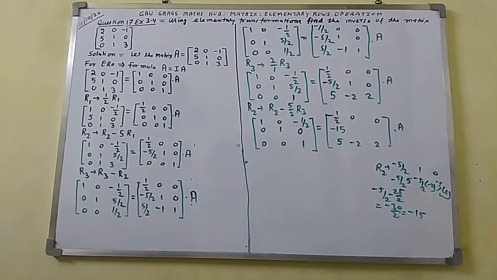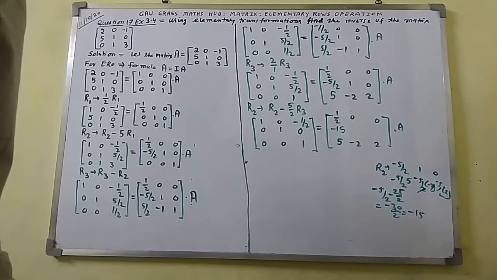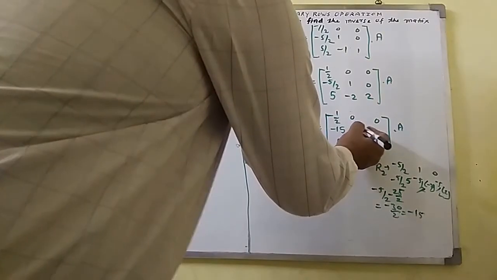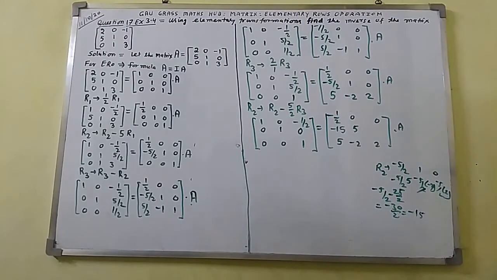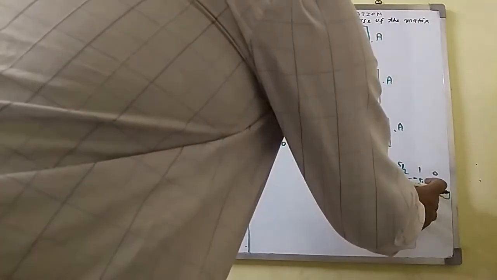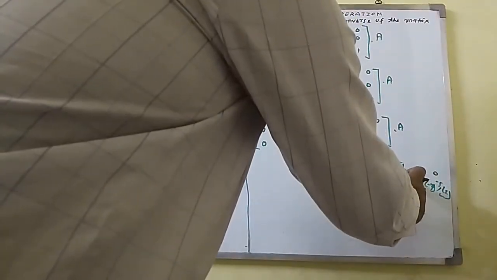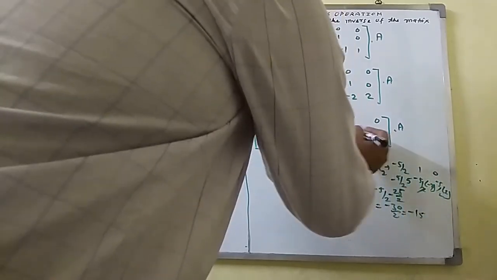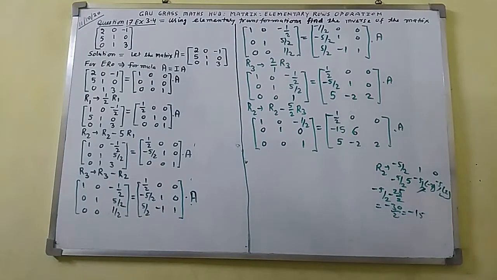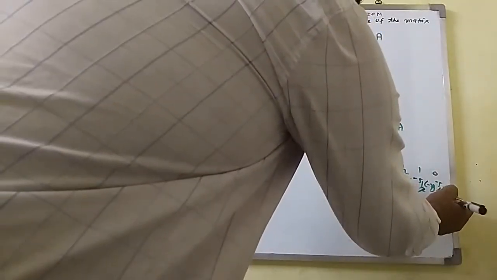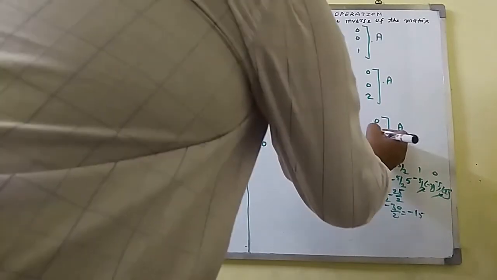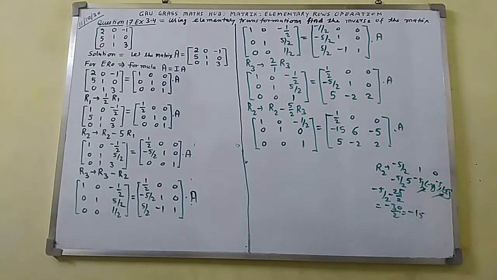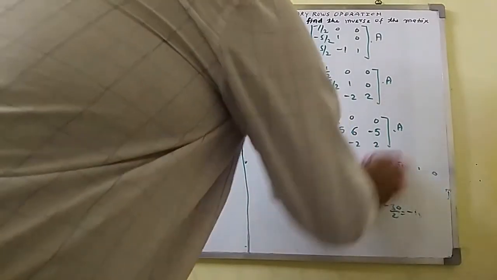Here you can see this will be cancelled out. Minus times minus multiply together, you get 5. The 2 cancels out, minus 1 times minus 1 is plus, so 5 plus 1 you will get 6. So here write 6. Here you will get minus 5 by 2, the 2 will be cancelled out, you will get only minus 5. This change will occur here. Now this thing we have got.